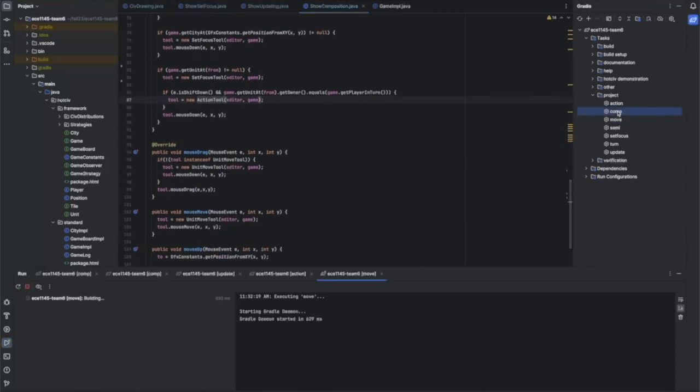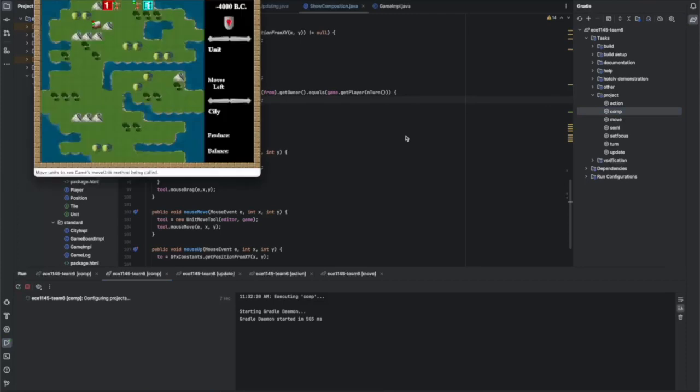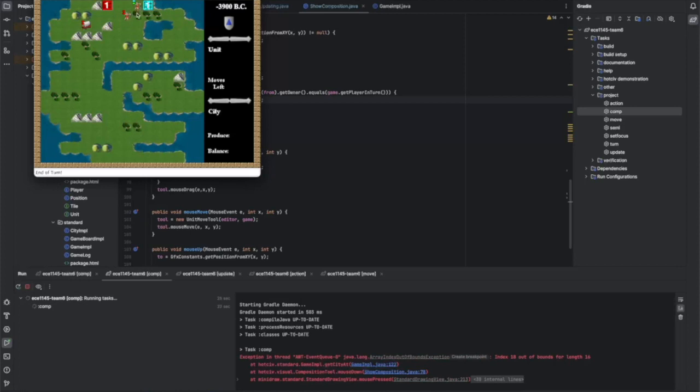So if we go into comp, since it's red's turn, I can move this unit around, move this settler to the right, and then since these have already used their moves, they can't move anywhere else. I am clicking, but once we turn it over to blue, the blue archer can then move around. We can inspect the cities and the different archers as such. The blue archer does not have any moves left, but now since the turn or the round has ended, these red units